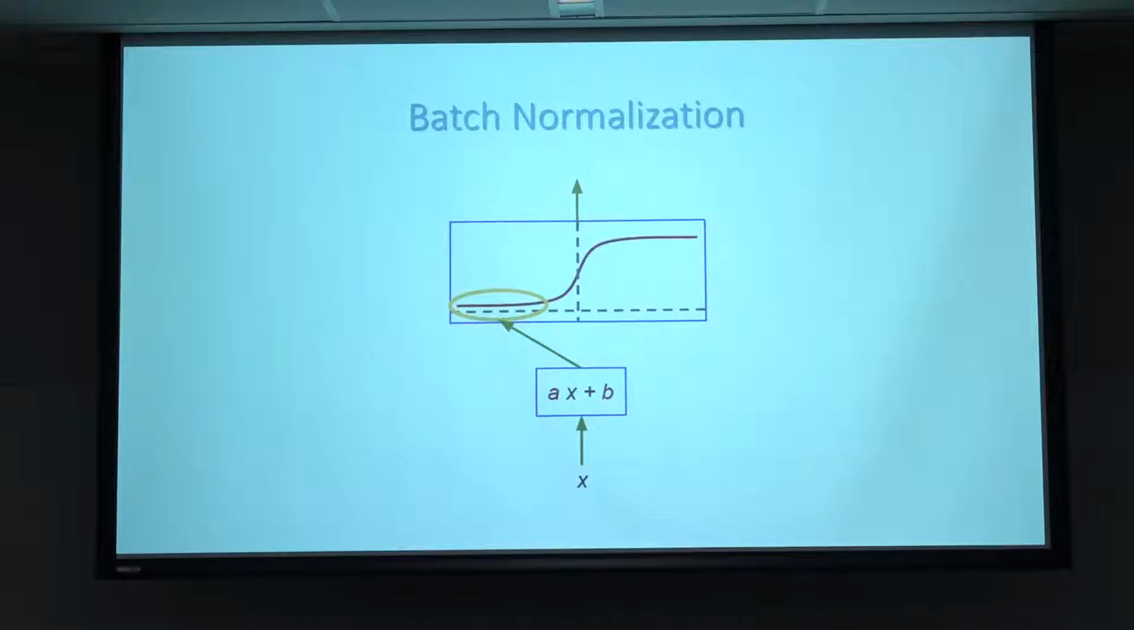And if you are here, you are in trouble, because of this vanishing gradient problem. In backpropagation, the gradient is small, and when you backpropagate, it's going to vanish after a couple of layers. So you don't want this to happen. That's one thing. And the other thing is that